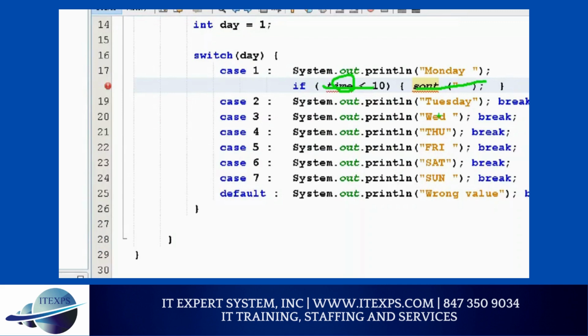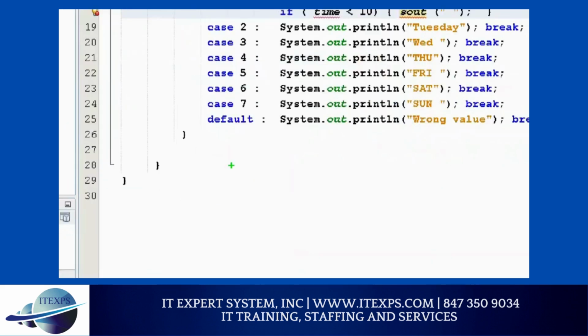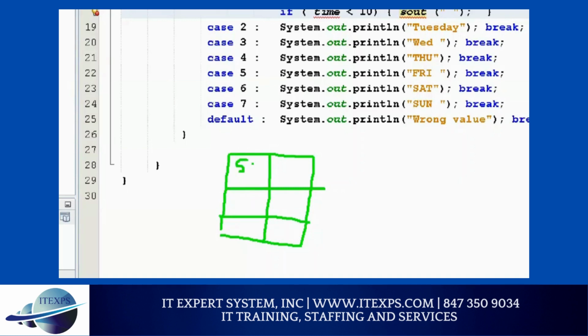Another example: you're going to a movie theater. Did anyone go recently? If you go to a movie theater and you are buying tickets, how will you buy them? When you go to the counter, they show you the screens. You want screen 1, screen 2, or screen 3. And I'm hoping you cannot watch a movie on two screens at the same time.